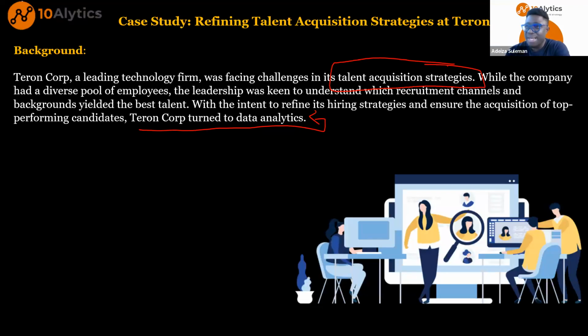And when you met with the leadership team, you started with the group HR officer, the CHRO, the Chief Human Resource Officer. You started with her, and you found out that there are key areas you need to consider. So you went to her office with a notepad and a pen to find out what she wants to know. All right.